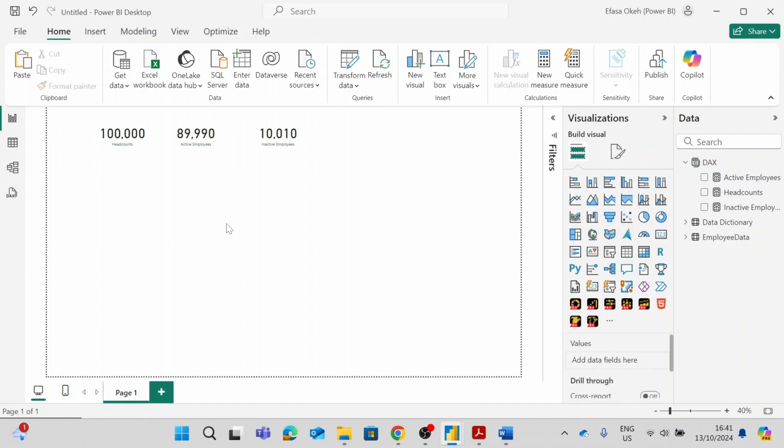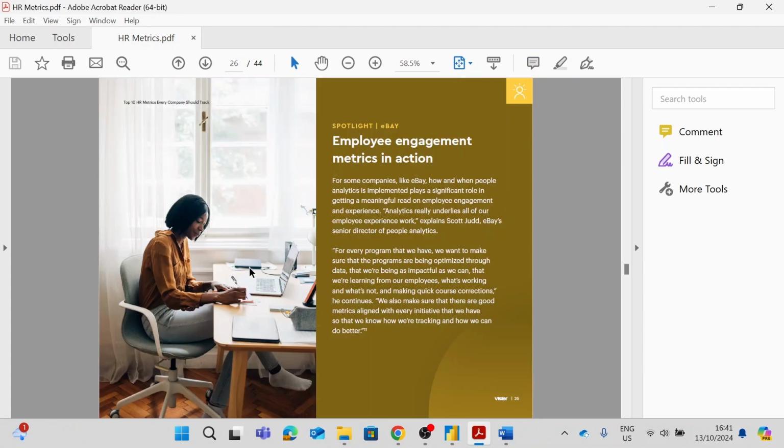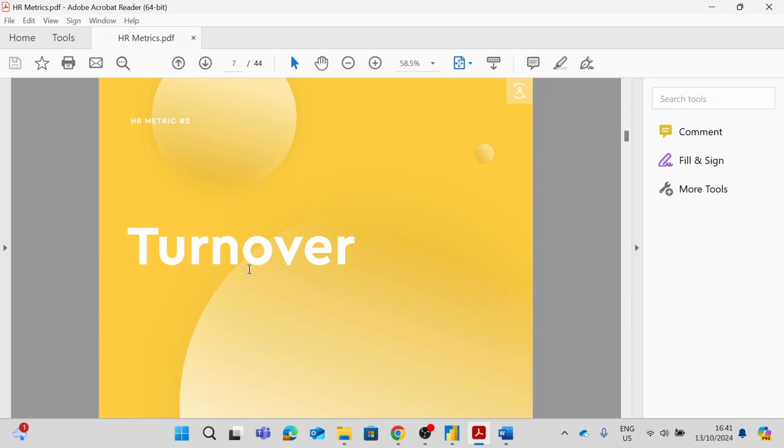So now we have the headcount, we have the active employees, we have the inactive employees, right? Now there's a term associated with the employees that are still currently with the company. So that's where we now talk about employee retention rate, and there's a term associated with employees that are no longer with the company, which is turnover rate, or I think attrition rate. So in this document, we had something like that. You can go through the document. You see that we had turnover rate, and this turnover talks about